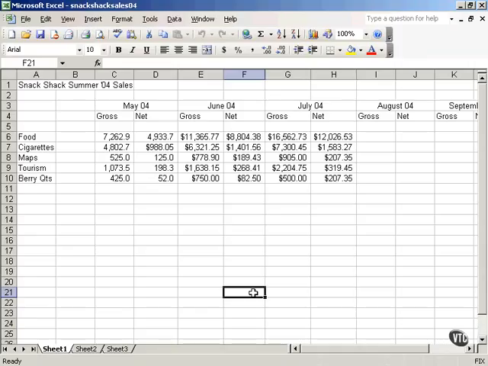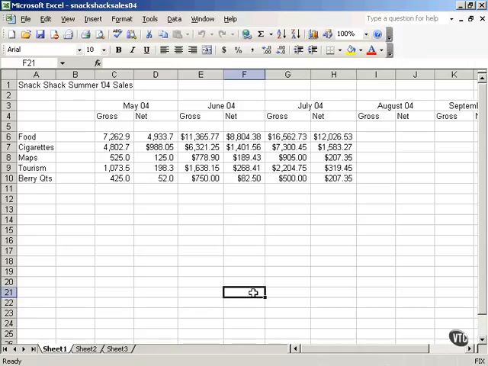Obviously, the main difference between copying versus cutting is that with copying, you are creating a copy of the contents of that cell, column, or row and pasting it to new locations while keeping the original content where it is. Cutting, by comparison, removes the content from its original position and allows you to move it to another location through